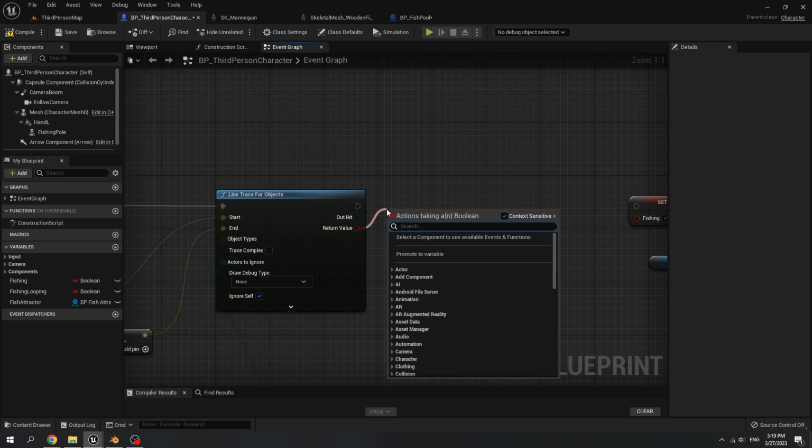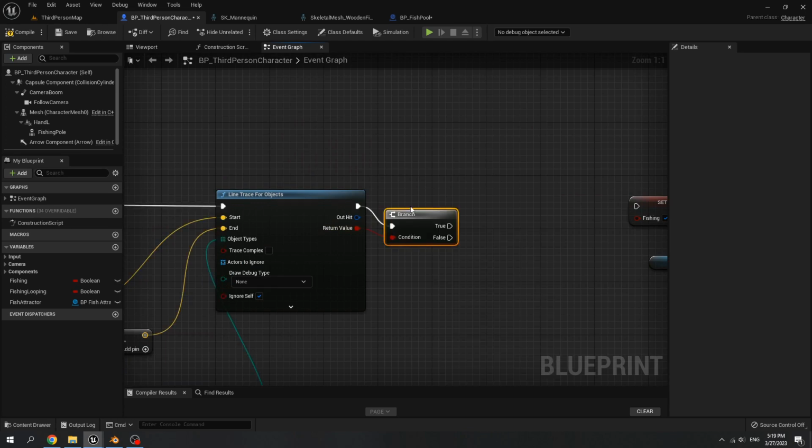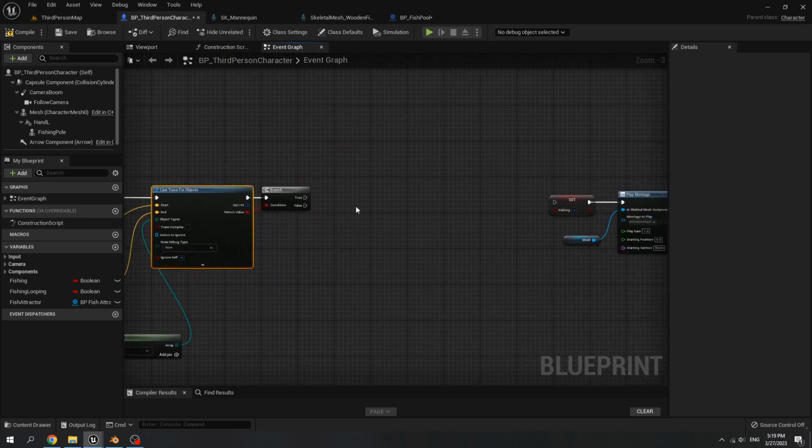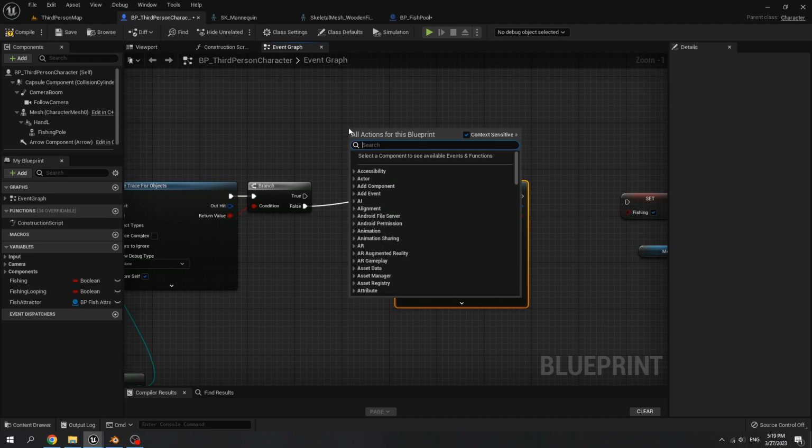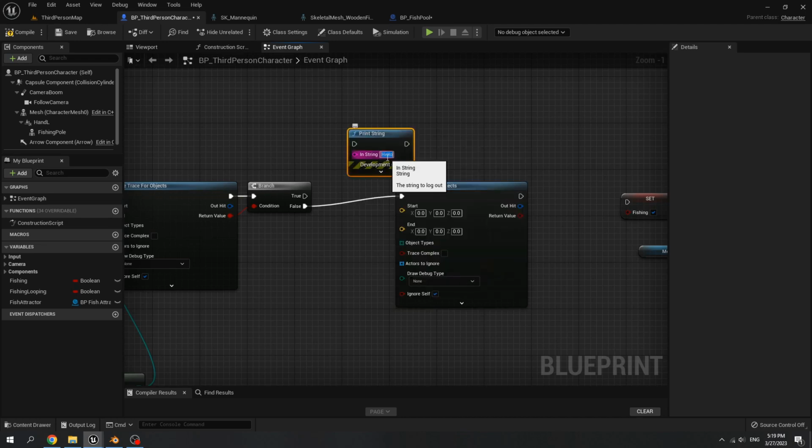For return value, create a branch, copy line trace for object and paste it, connect false to line trace for object, and if it's true, we print string no fishing.